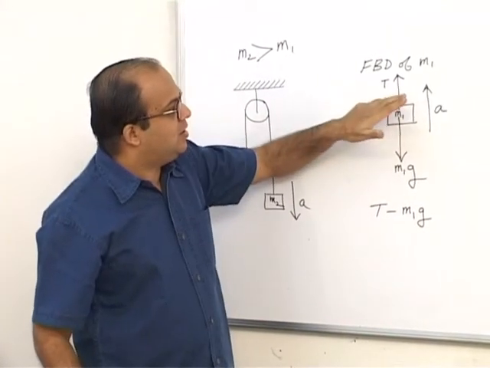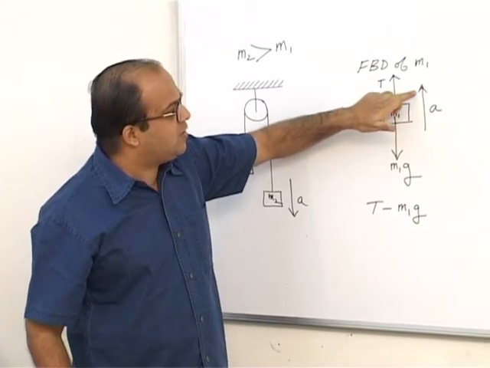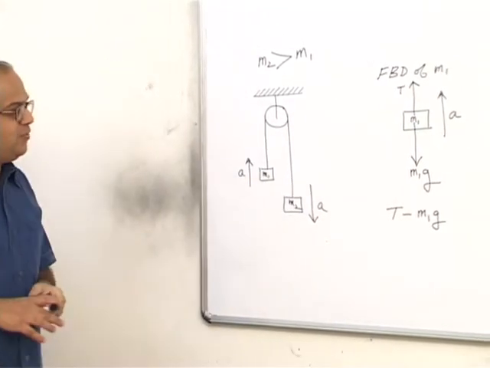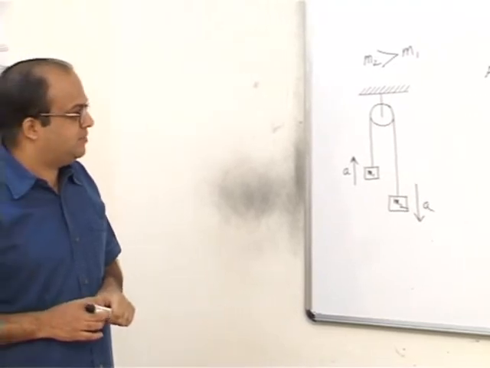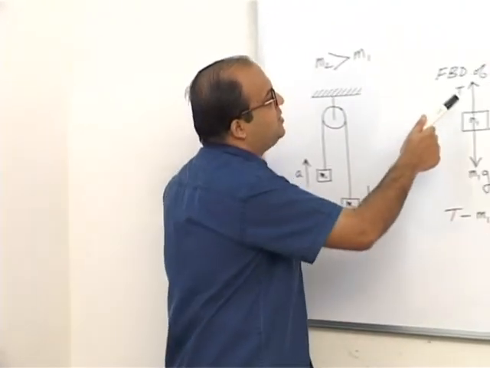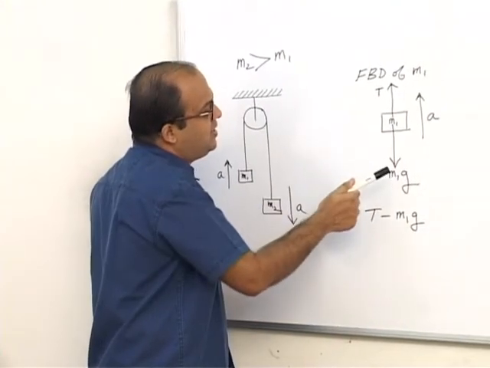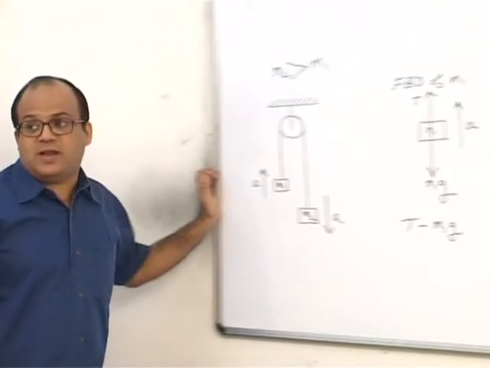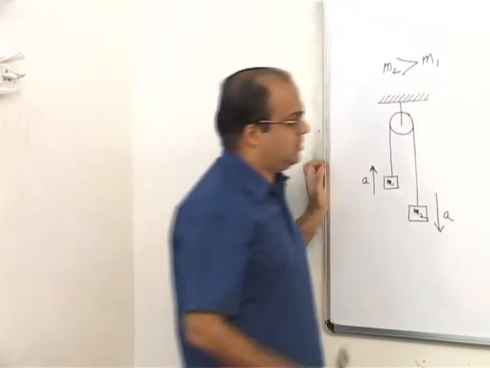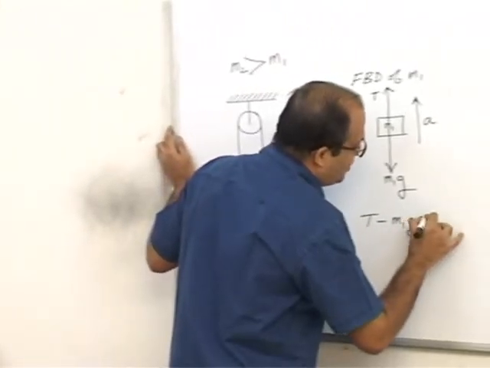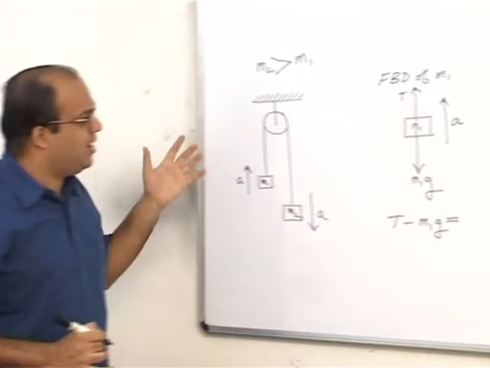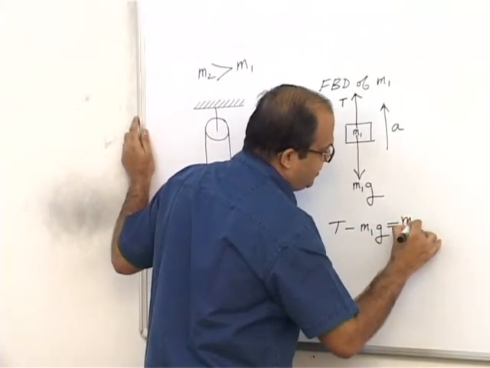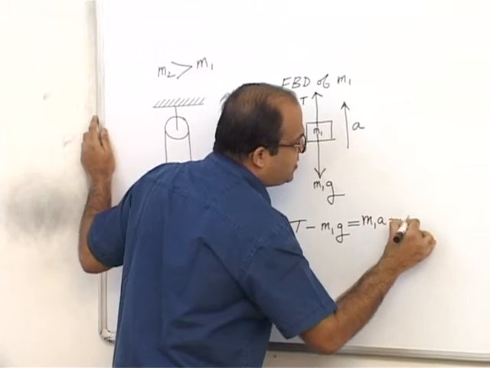Always the force which is in the direction of the arrow of acceleration is having greater magnitude than the forces in the opposite direction. So write this force first, put a minus sign and then write this force. T minus M1G is the net force. And this will be equal to mass into acceleration. So this will be M1A. So this is our first equation.